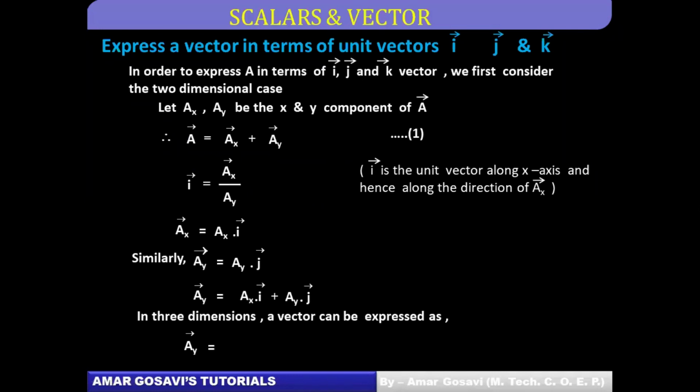So in three dimensions, a bar will be then represented as, okay, here the same mistake is being continued. So instead of AY, here it should have been A. Here also instead of AY, it should have been A. So vector A represented in three dimensions as, you can see, AX i cap plus AY j cap plus AZ k cap, where i cap, j cap and k cap, as per our discussion, are the unit vectors along X, Y and Z axis. Okay, so this is how a vector is being represented.